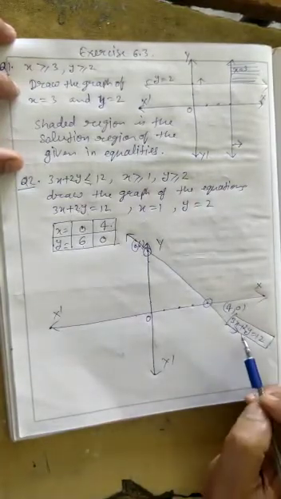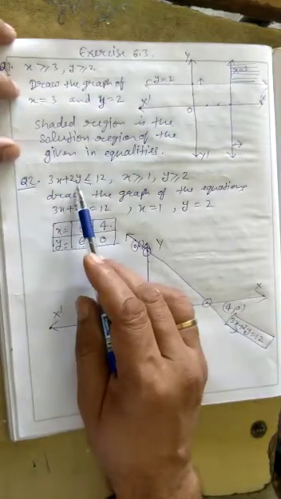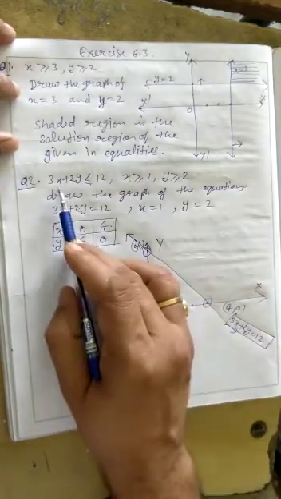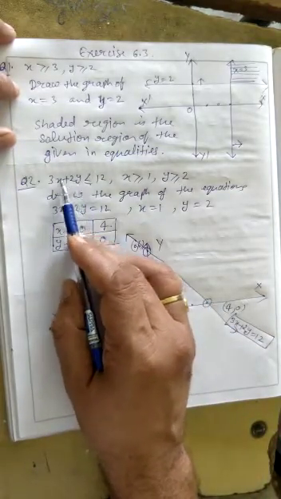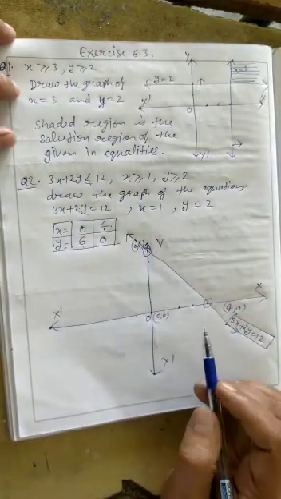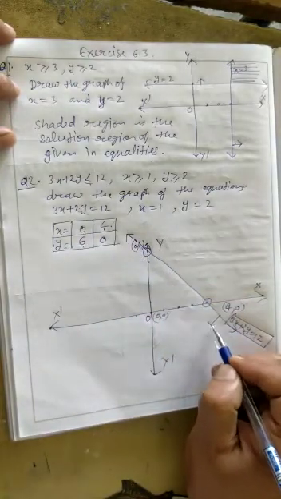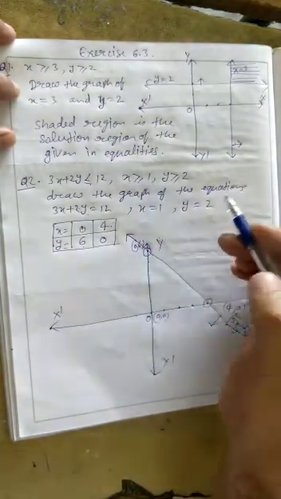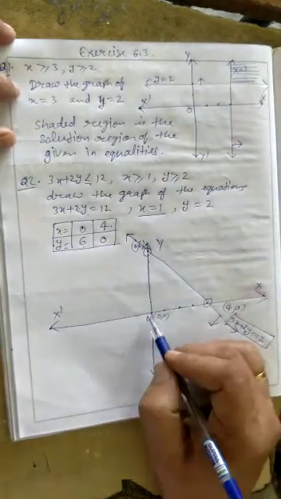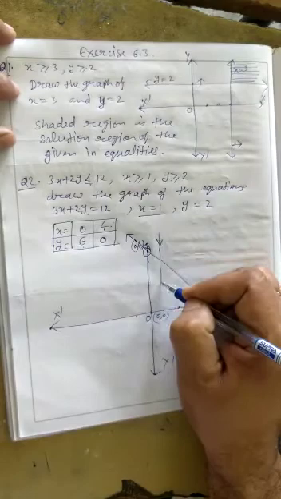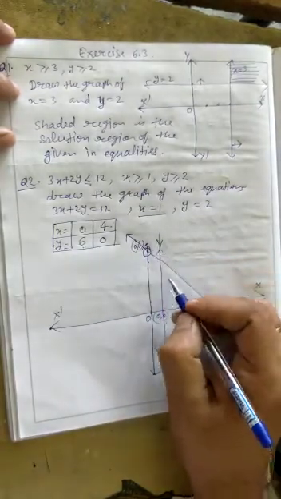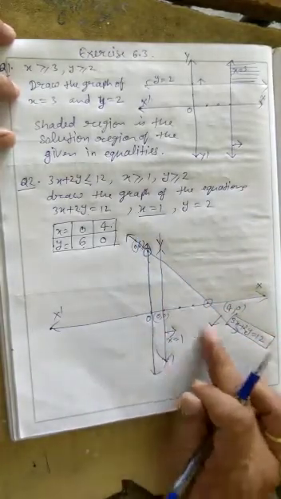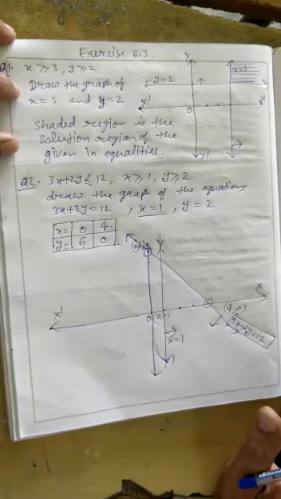This inequality is satisfied by the origin 0, 0. If we place 0 and 0 in place of x and y, then 0 is less than 12, it is satisfying. It means the solution region will be towards the origin from this line. Is that clear? Now x greater than or equal to 1. So we have to draw the graph for x equal to 1. So x equal to 1 is here and this is the line which is representing x equal to 1. And x greater than or equal to 1 means the solution must be to the right side of the graph of x equal to 1.